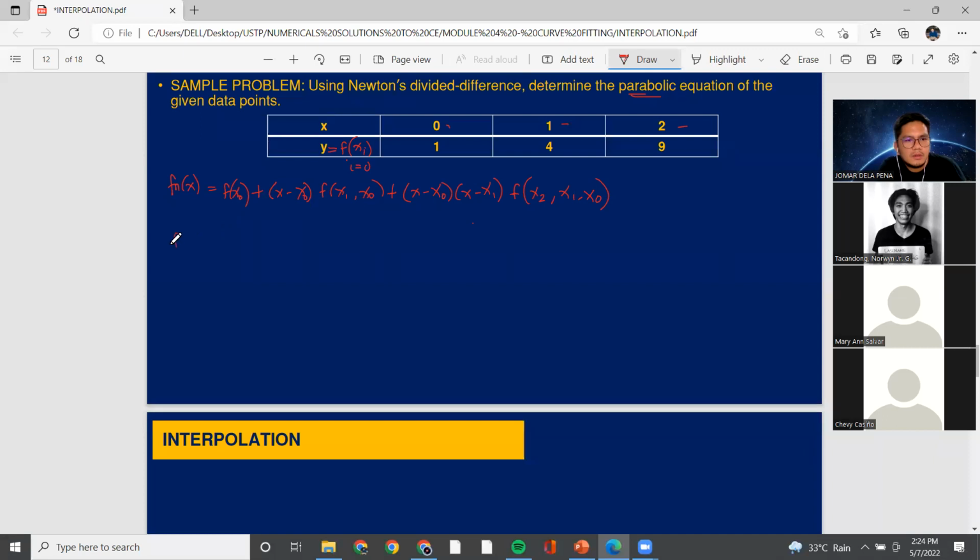So what's the function of x sub o? We have function of x sub o is equal to 1. And the function of x sub 1